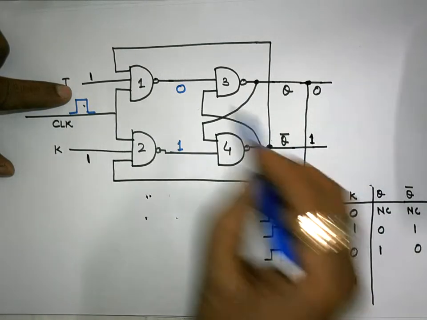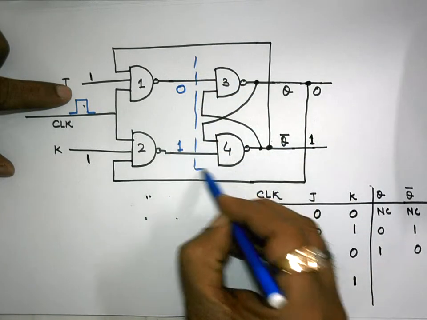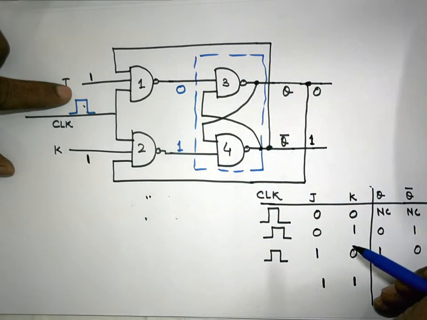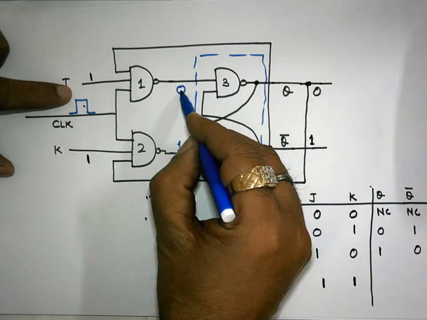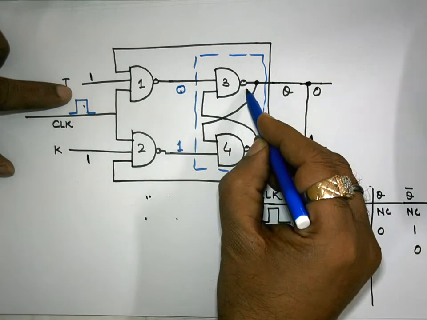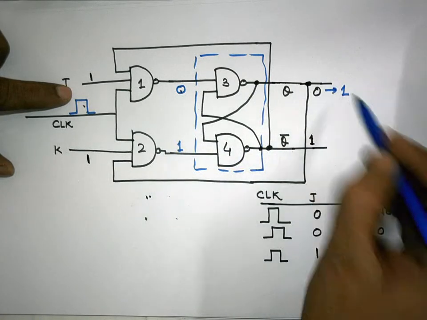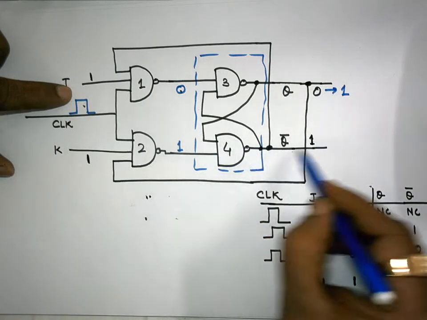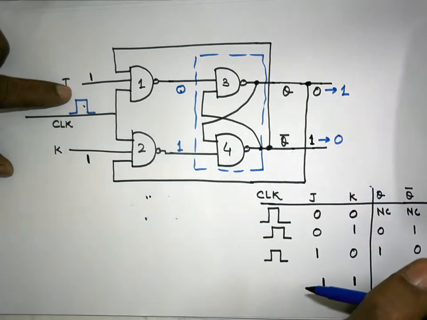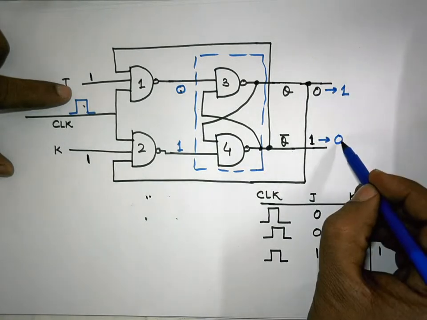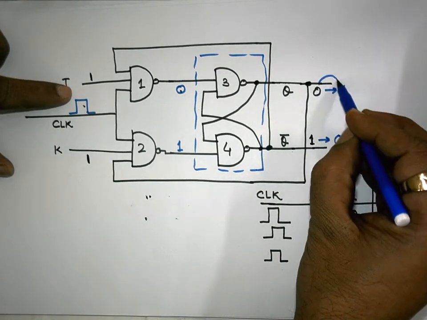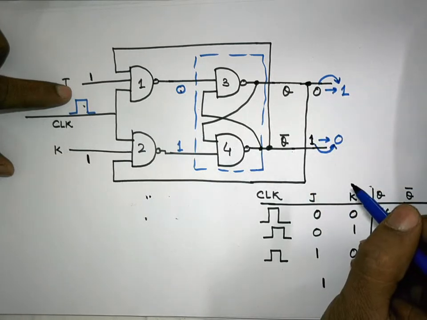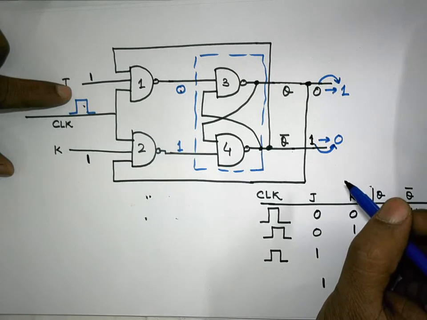Now, what will happen? This is an SR latch. This part is the SR latch. It will show all the behaviors of that SR latch. This 0 appearing over here at the output of this NAND gate will make it change to 1. This 1 and this 1 are going to make it change to 0. So this 1 0 appears over here. Whatever the earlier output, the earlier state, it will be the complement of that state.